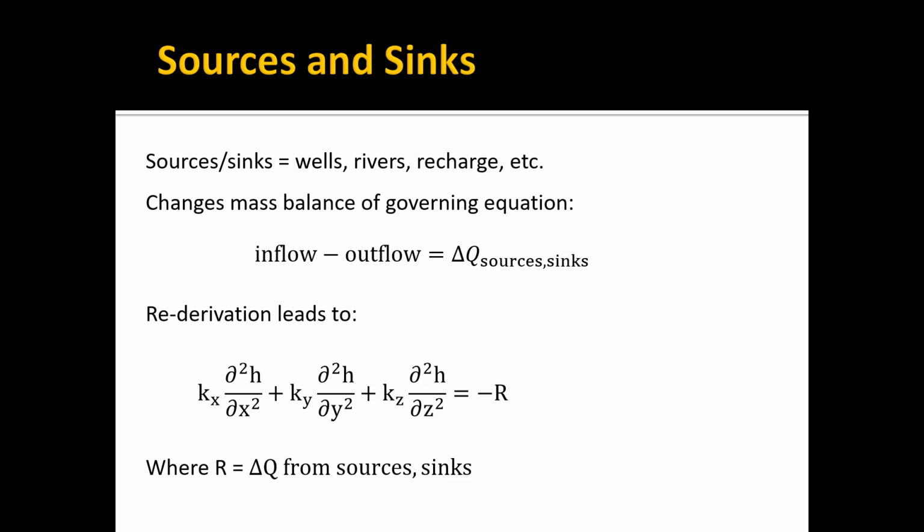Now, it turns out that this is a really simple change to our equation. We just add an extra term on the right, which is minus R, which is basically the change in flow resulting from sources and sinks. Sometimes I've seen that positive or negative, but anyway,